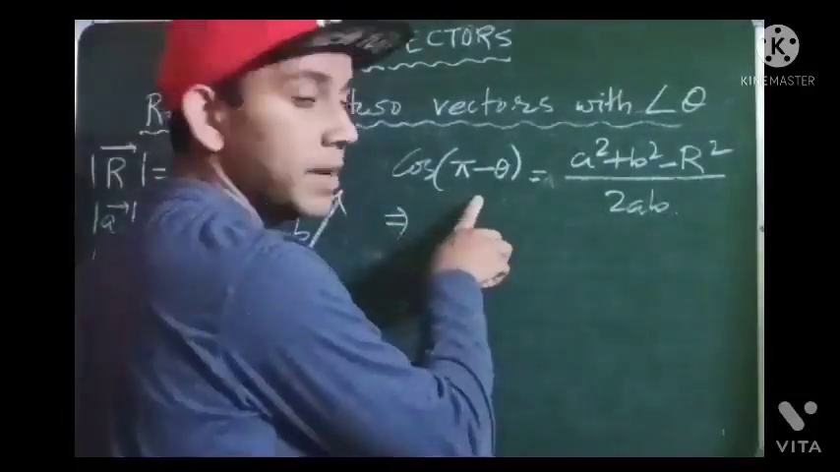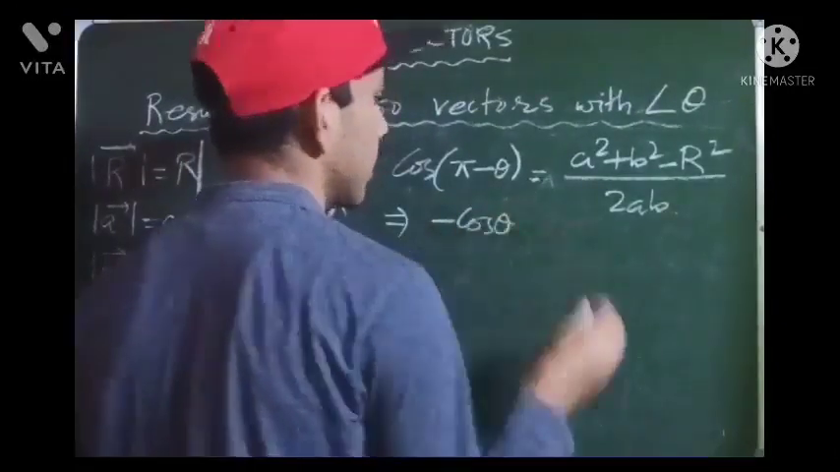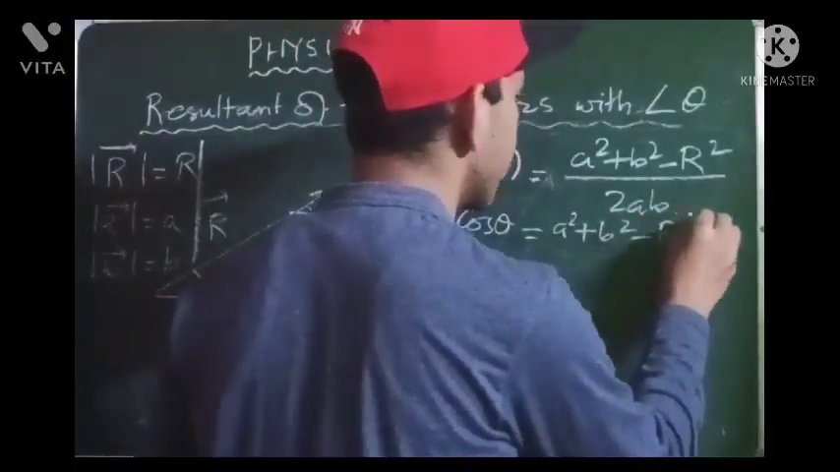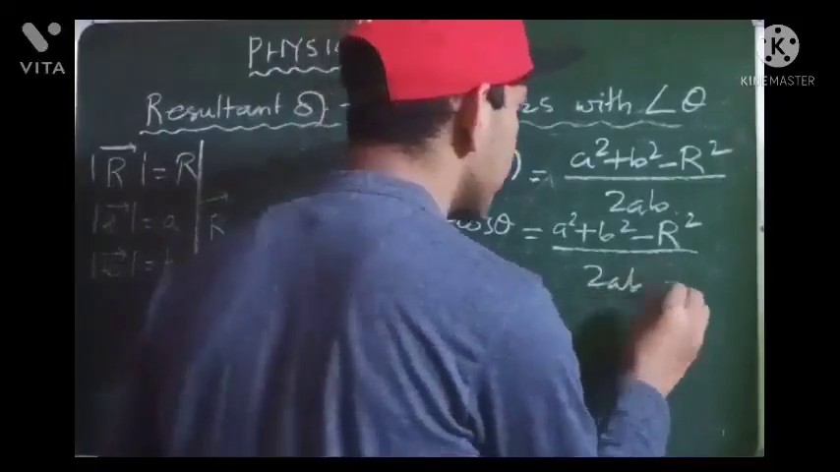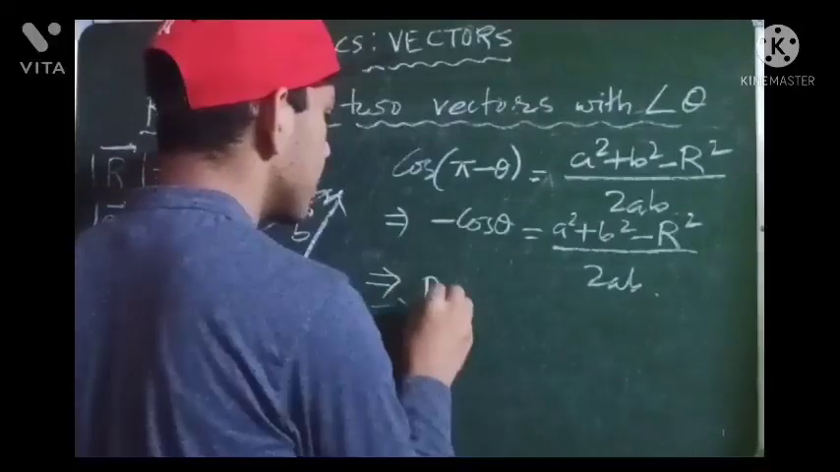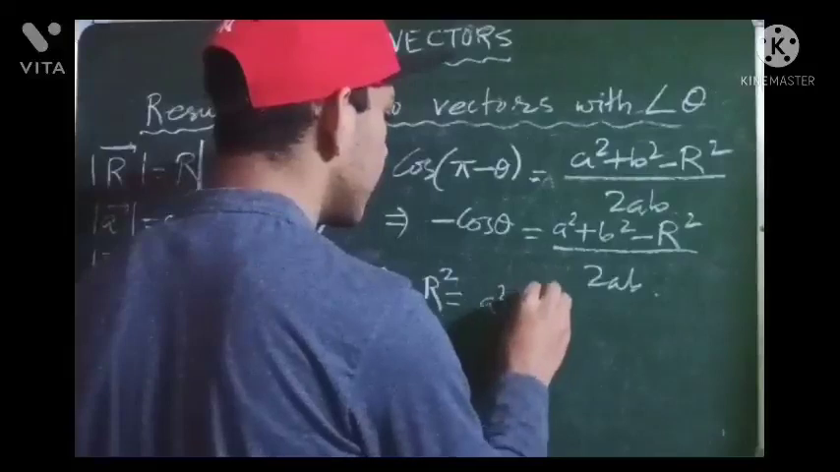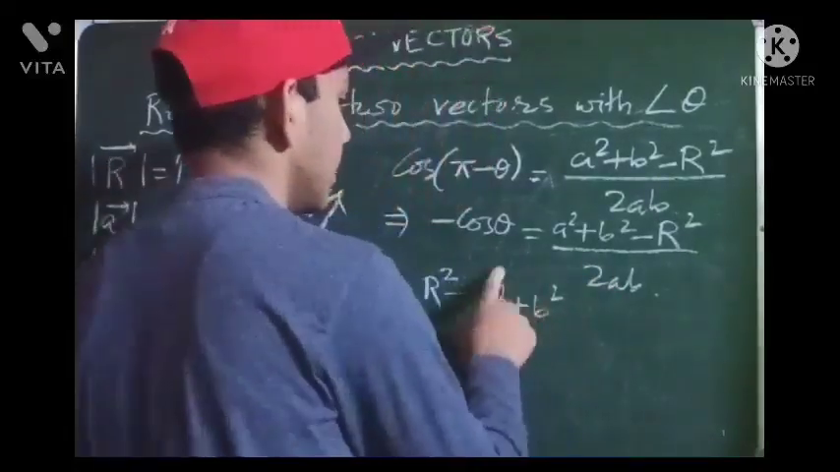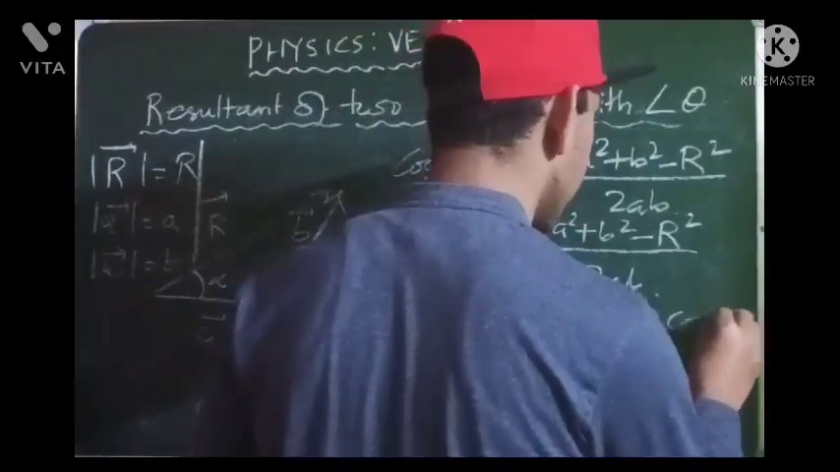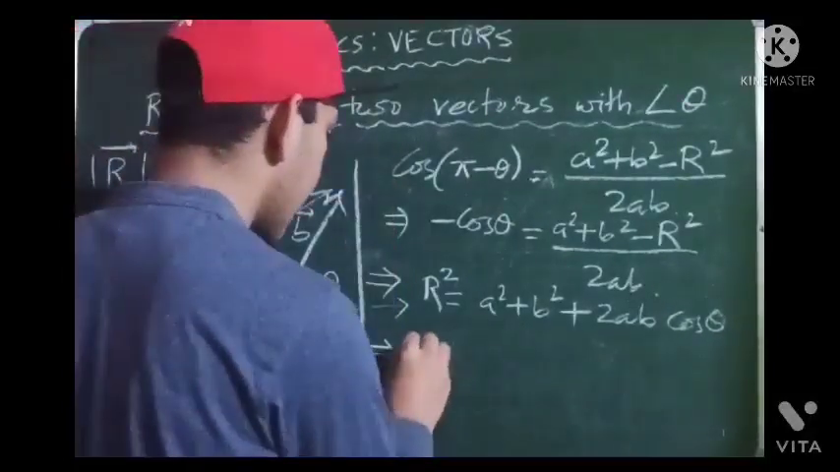Now cos of pi minus theta is basically minus cos theta, and we have a square plus b square minus r square over 2ab. Now rearranging these terms, we further get r square is equal to a square plus b square plus 2ab cos theta, or we can write r as